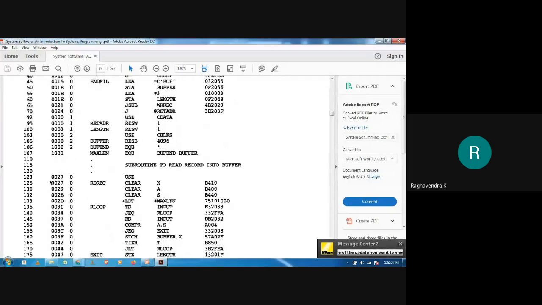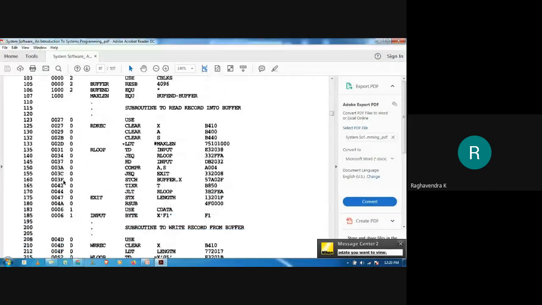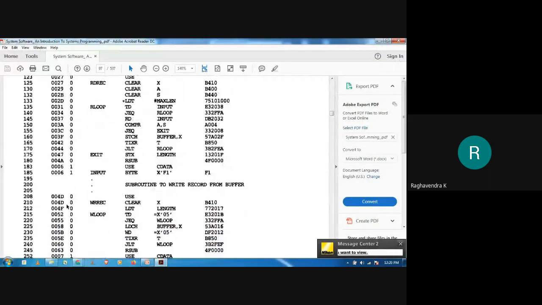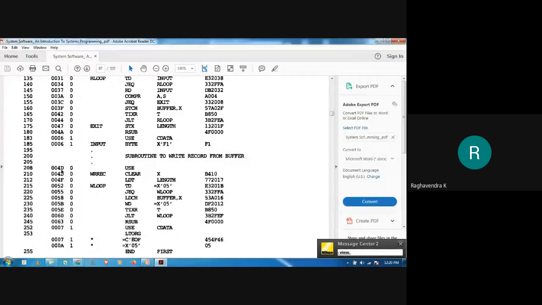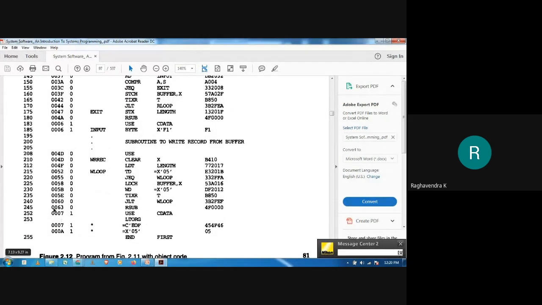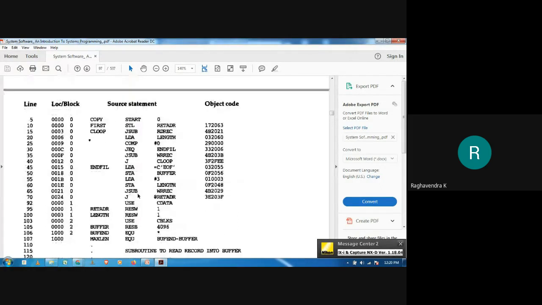Then we had a continuation from 0027 to 004A. Then once again a continuation at 004D, and at 0063 we had stopped, but at 0063 we had one RSUB, which is around 3 bytes. So 0066 is the last value assigned to this particular block. This is what has been recorded here.